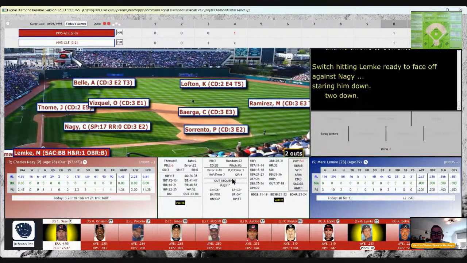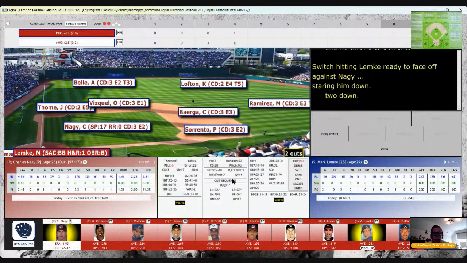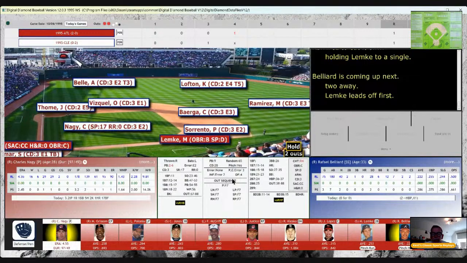That 22 will be trouble, though, as that is a single into right field as he hits it sharply between Baerga and Sorrento. Ramirez runs in, fields it, tosses it into Baerga, or excuse me, Vizquel, and have a runner on now with 2 outs.